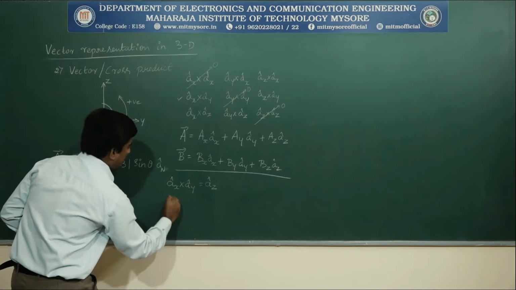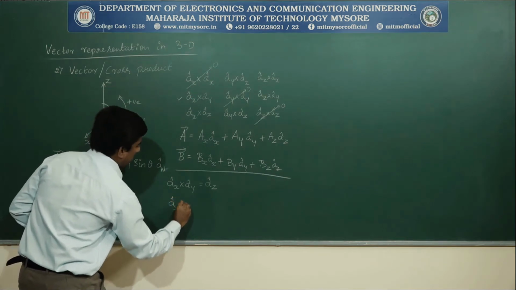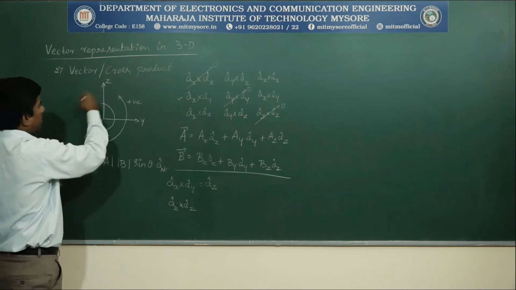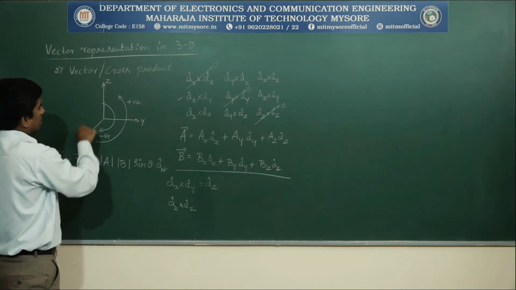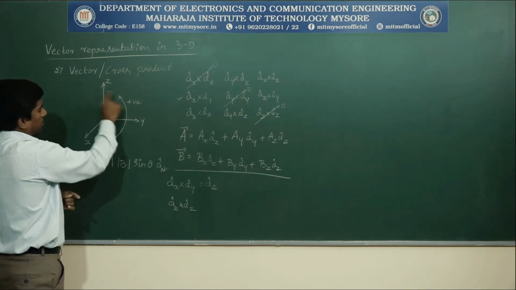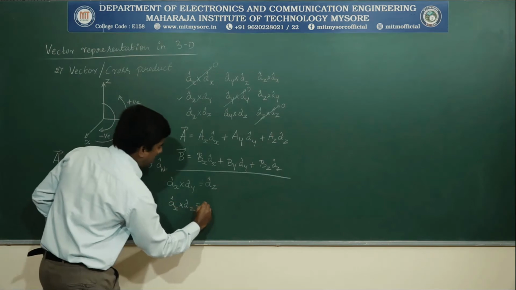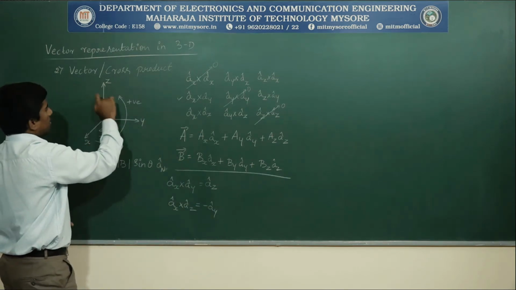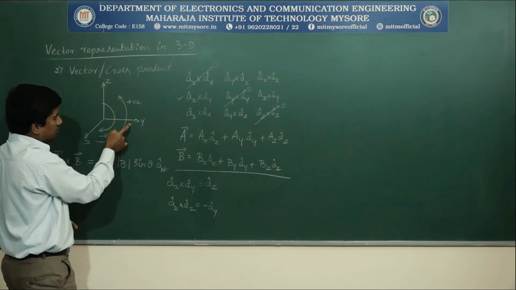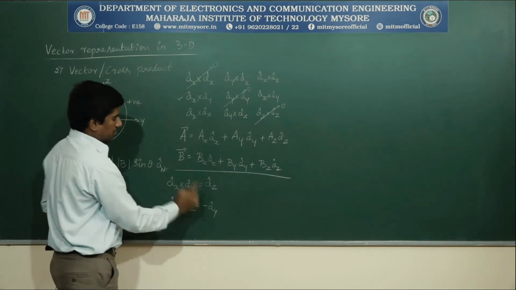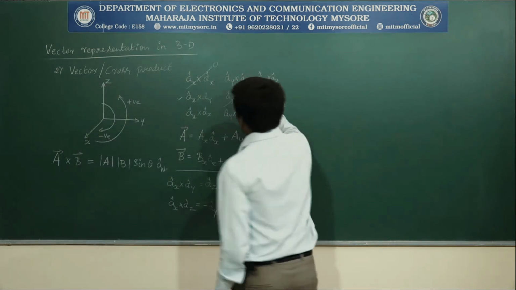Then A cap x cross A cap z. X comes first, z next, so it is in the clockwise direction. Hence, what is the sign of this? Minus A cap y, which is the next one. X, z and y. Y is the next one, which comes in the clockwise direction. Hence, negative sign comes here. Similarly, the next one,